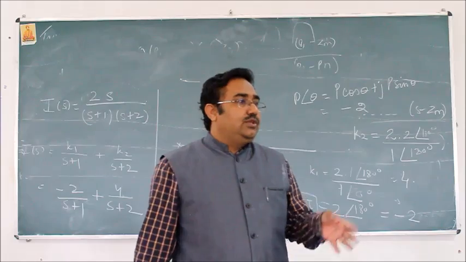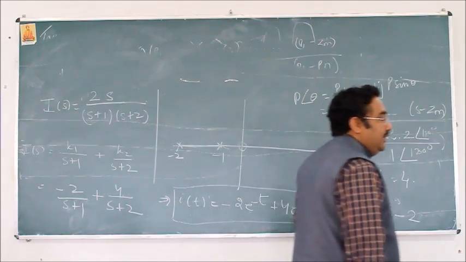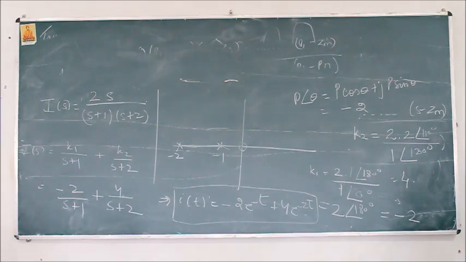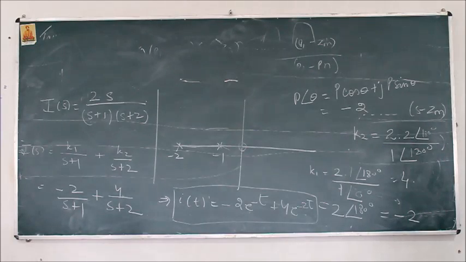So through this example I have demonstrated how we can utilize the pole zero plot in determining the residues of a given system, and further we can find out the time response. Is it clear? Yes. So I am stopping here today. Okay, tomorrow we will take some more numericals related to